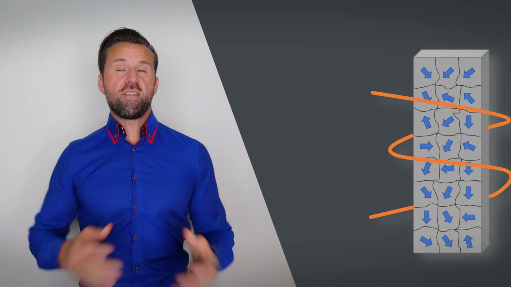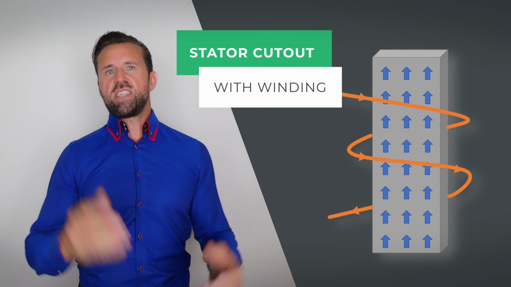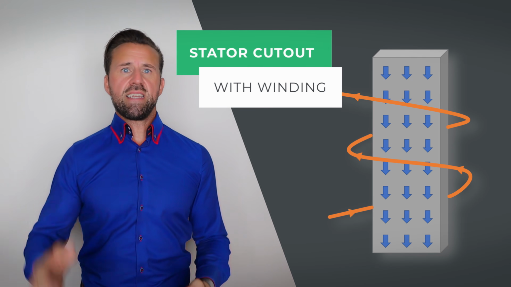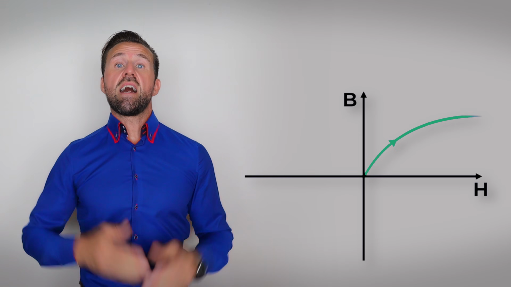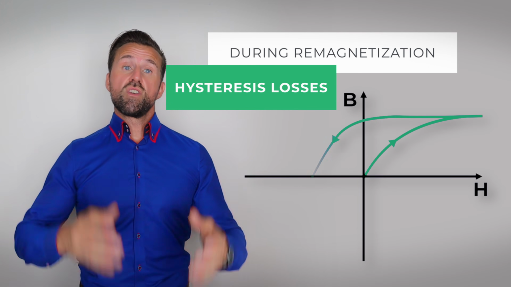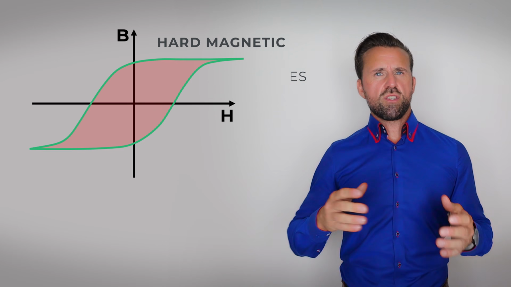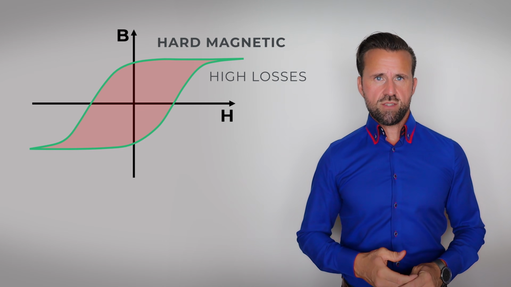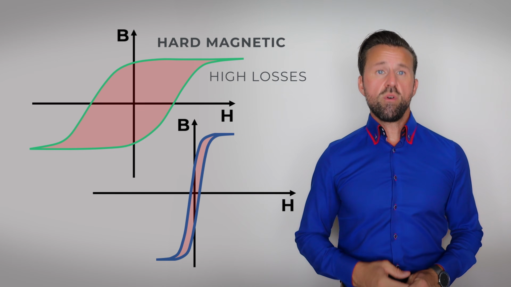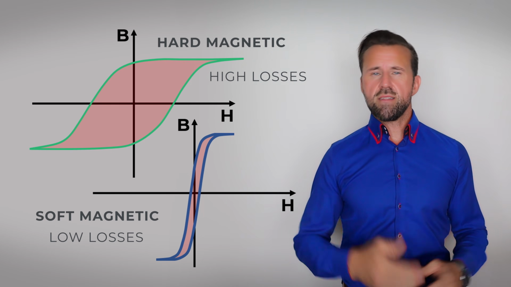Magnetic materials are divided into many small domains, which all have a different magnetic orientation. Losses occur when the magnetic orientation of the domains is changed. These magnetization losses are called hysteresis losses because the material passes through a hysteresis during the magnetization. The losses depend on the area of the hysteresis of the material which is passed through during the remagnetization.